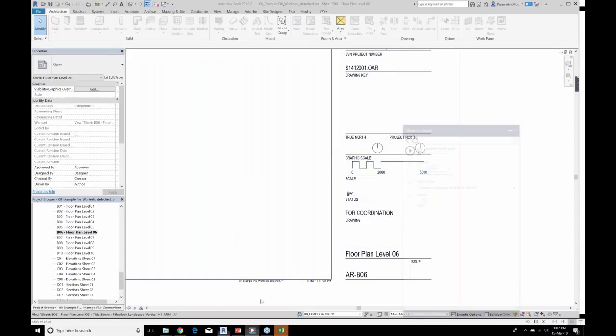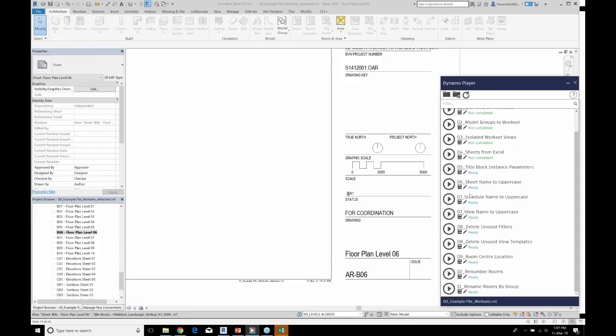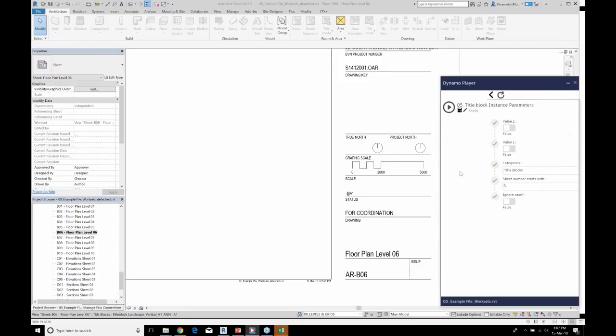So because potentially we have a large number of drawings in that set, we're going to use Dynamo. So if we look at our instance parameters, this is one of the strange things that you need to think about with Dynamo Player, that you need to rename the node so that when you're in Dynamo Player, you actually know what it means, rather than just a Boolean true or false.